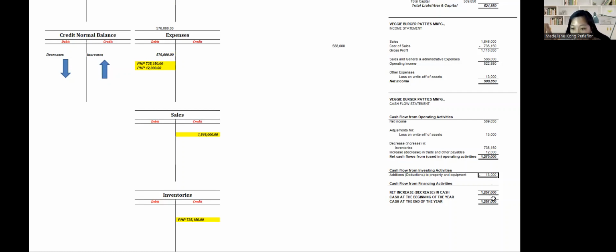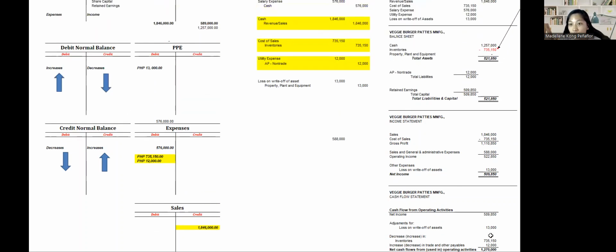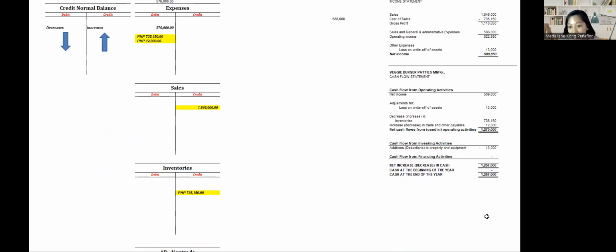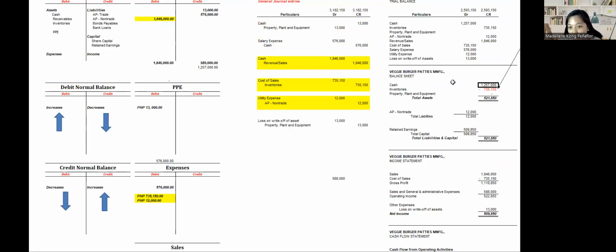Plus cash at the beginning of the year, we don't have because this is actually the first year of operation. So we have the 1.257 million cash at the end of the year. And if you can see this, 1,257,000 cash would be the same cash in the balance sheet. So that would be our checking. The net cash flow at the end of the year should be the same cash flow that will be reflected